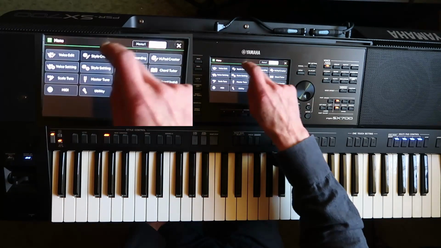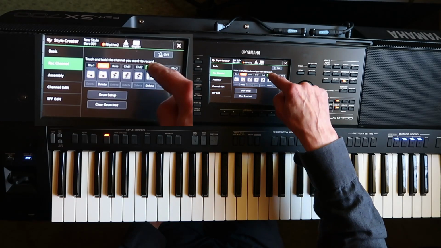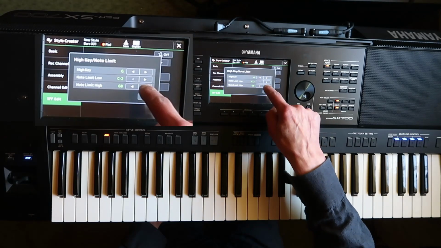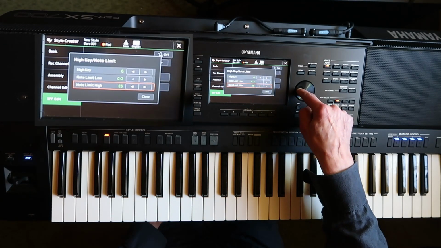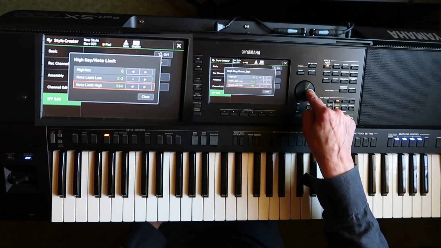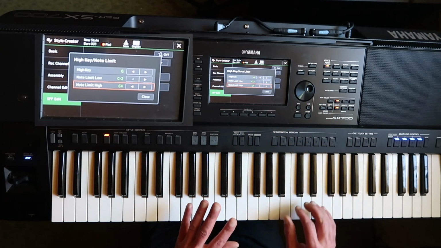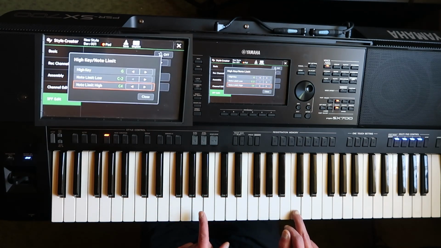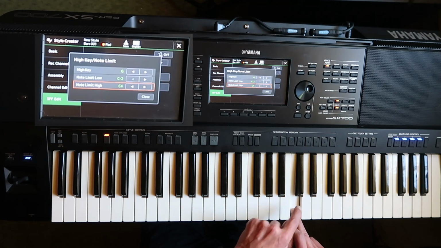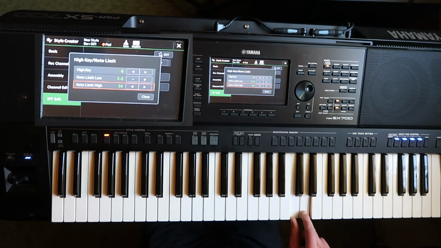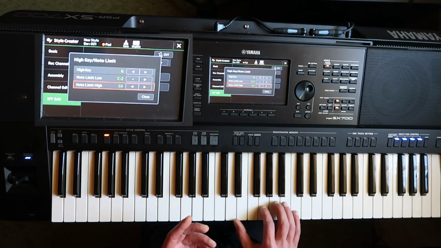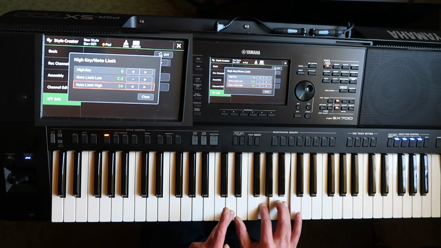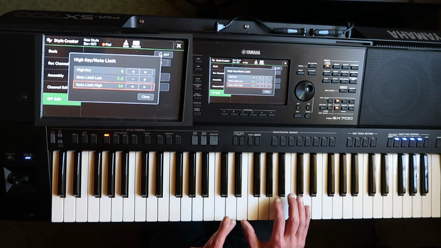Piece of cake. I will select the padding for editing, and now I will use high note limit. I will set that high note limit to C4. And what that does is allow this channel to play only notes up to C4. Nothing above that, because this note is making us trouble. We got this. That is, the first note seems to be right, but we wish this. And this note is making us trouble.